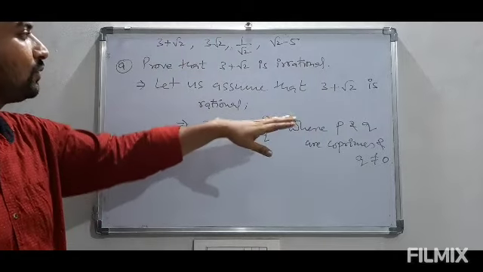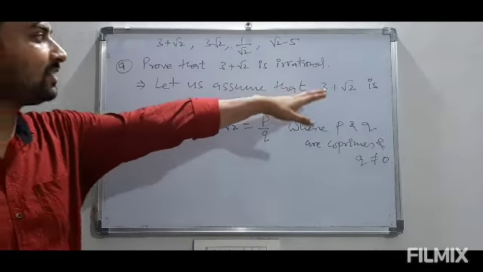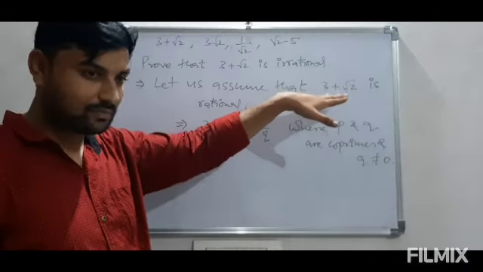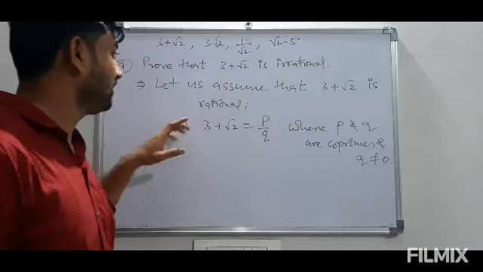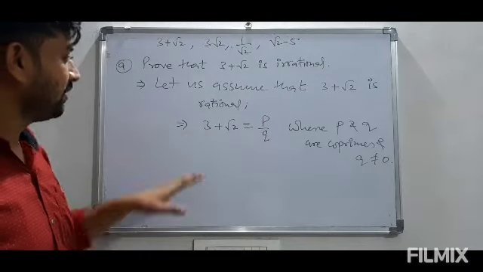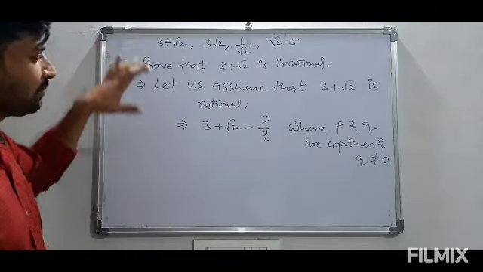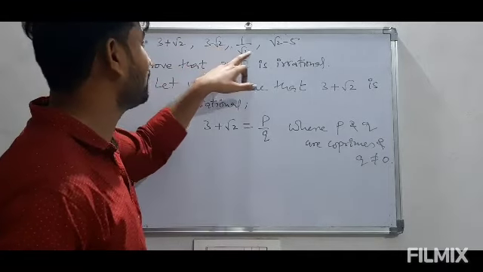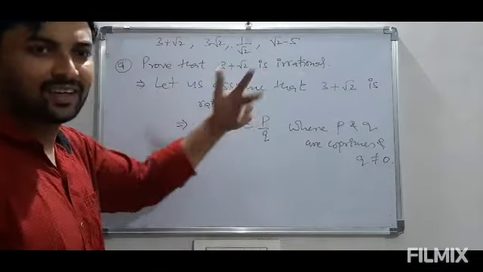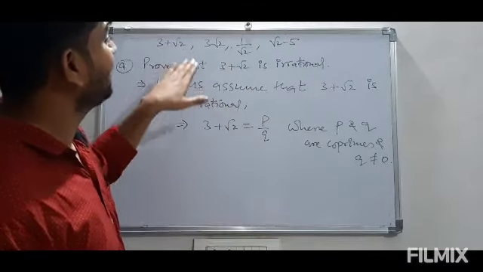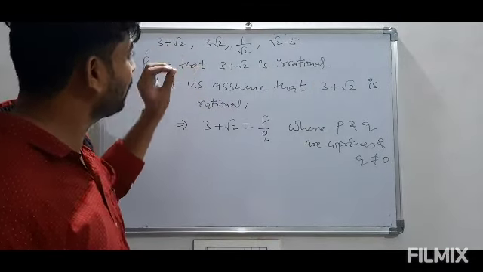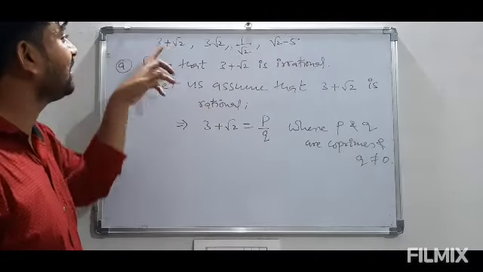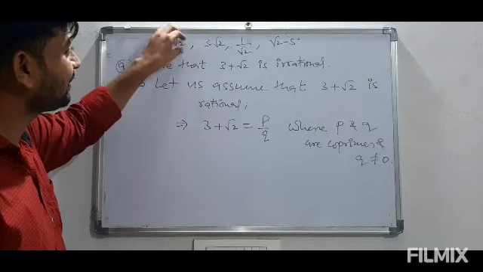We have to assume like this only, that the given combination of rational and irrational is rational only. Then we will prove this wrong. But this kind of question is very simple to prove, as we know that this number root 2 is irrational. I have taken root 2 here, you can take any other number, and we just want to prove that these combinations are irrational, so we will be using the result that this number is irrational.